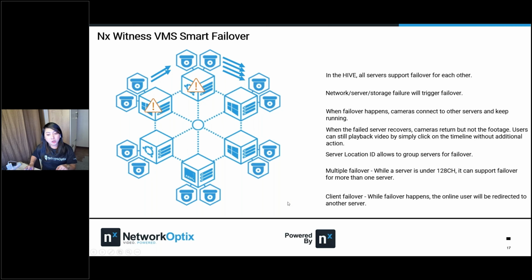The N+1 can no longer take over the cameras from server 2 because there will be no room to store the cameras. So the end users will need to buy another server, and that will be very costly on the end user side. For us, our structure is very cost effective because every server is supporting each other during the failover.